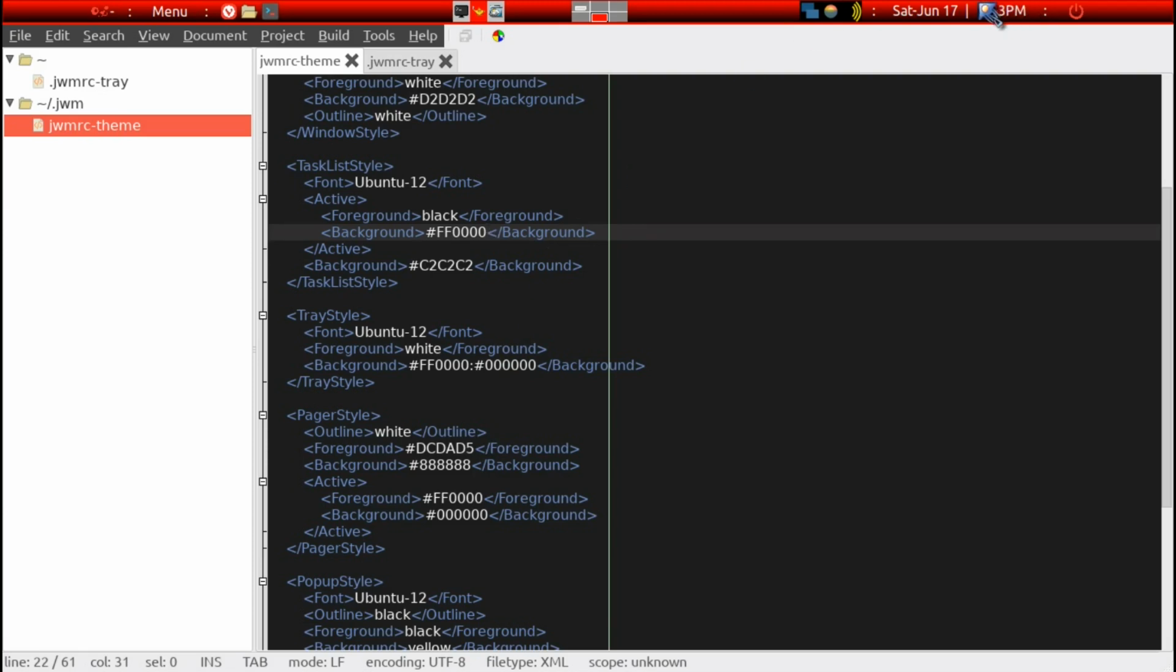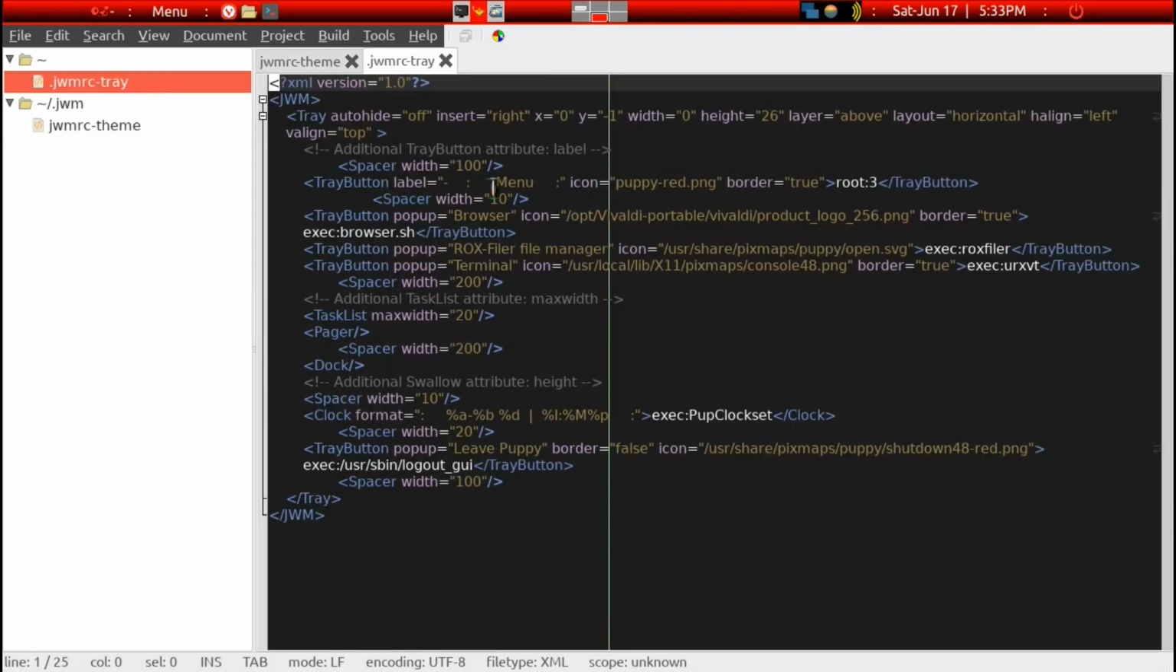Yesterday we discussed the manual configuration and customization of the JWM tray in Bionicpup64. But this applies to all of the Puppy Linux distros. They all have JWM as the window manager. But today, yesterday we concentrated on the jwmrc tray file,